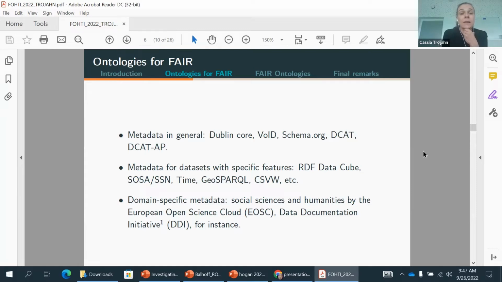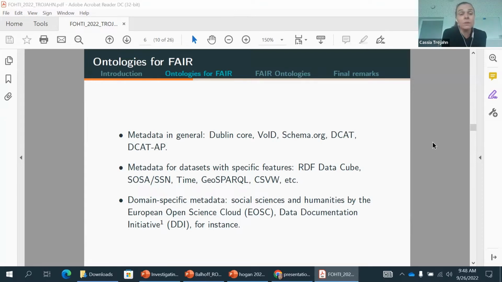for describing data, DCAT-AP, and other extensions of DCAT, but they are used for describing, as I said, descriptive metadata, curator, etc. You have also, though I didn't mention it in my slides, provenance, PROV-O, that is also a vocabulary that has been used for describing the provenance of the data. We have also vocabularies and ontologies that have been used for describing data sets with specific features, as for example multidimensional data, with the